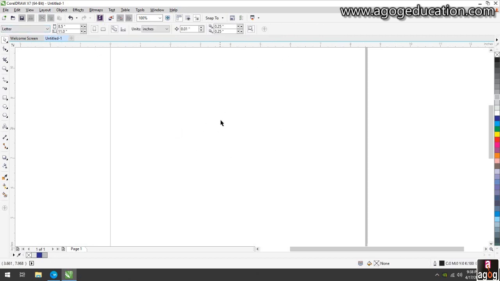So let's create a design. I'm going to make a castle using these tools. You should try this, and if you have any problem while doing the tutorial, you can WhatsApp me or comment in the comment section. So let's try.